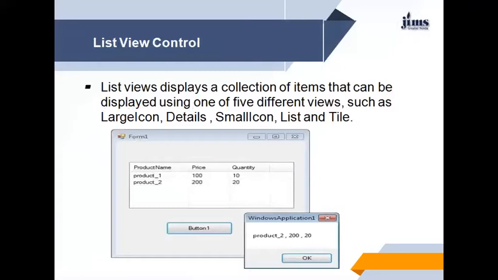So list view means how you are viewing the thing, whether in the form of large icon, detail, small icon, in list form or in tile view. With the help of the list view control, you can do this.